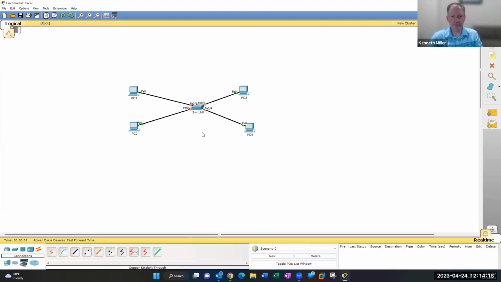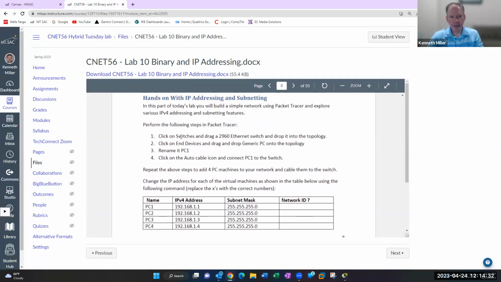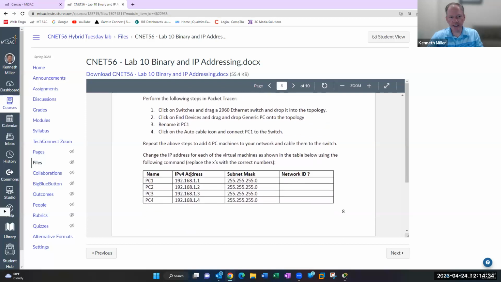All right, so once you have those up and running, all you have to do is connect them real quick. If you come back into the lab, you'll see the next thing. So then click on the switches and then assign these addresses. So on PC1, you're going to put